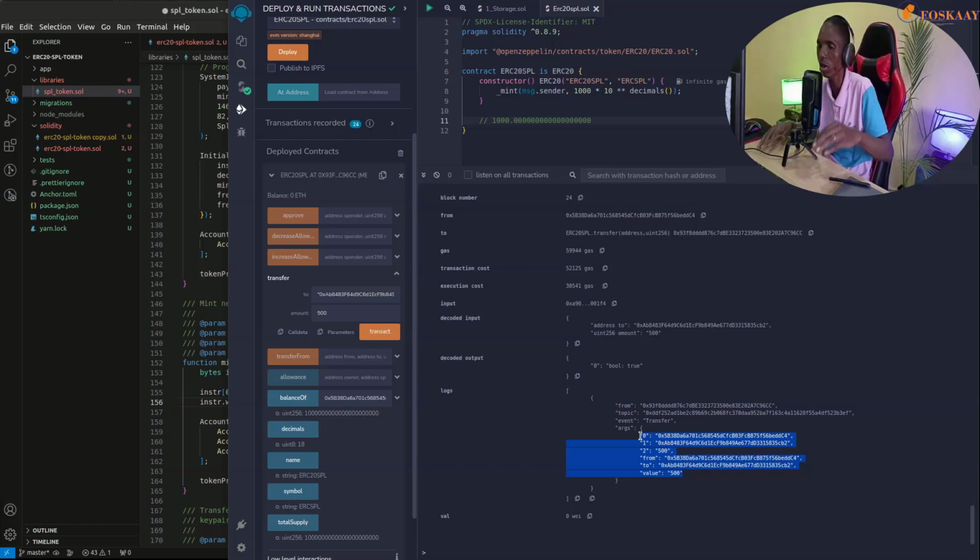Do you understand? So with this now, you can hook up your front end through things like IDL on Solang Solidity, or other ones like Web3.js, Ethers.js straight on EVM. So you can now take this and show them, okay, at this time you transferred this, at that time you transferred this. So this is the event log in action. If you go to this ERC20,